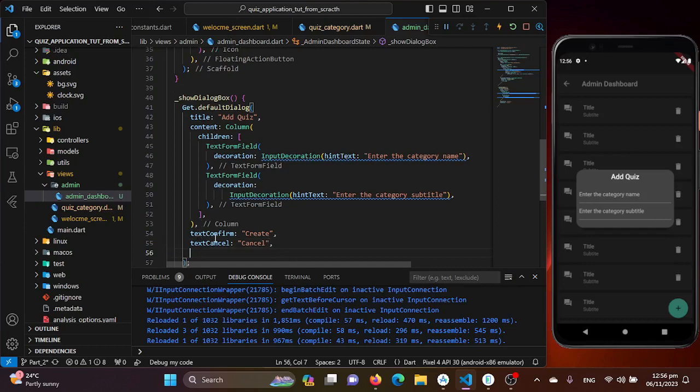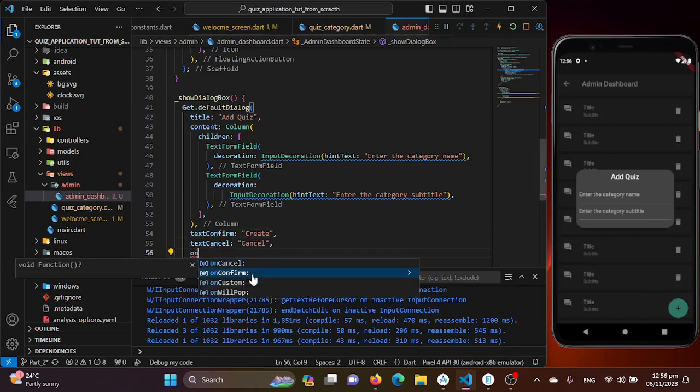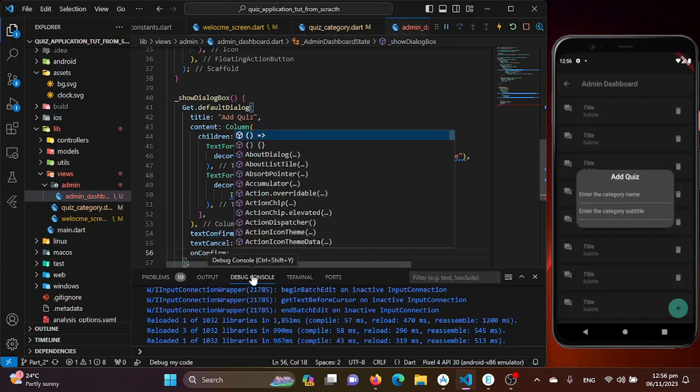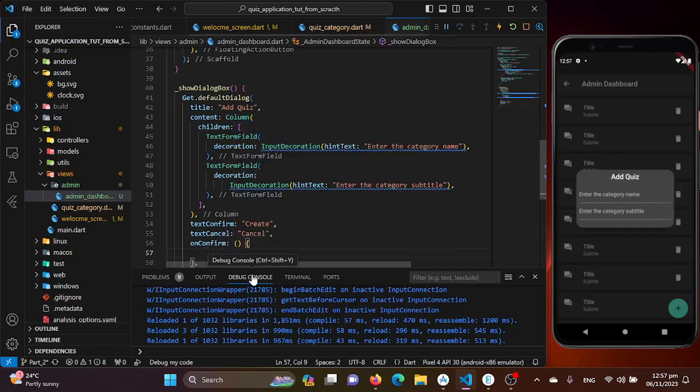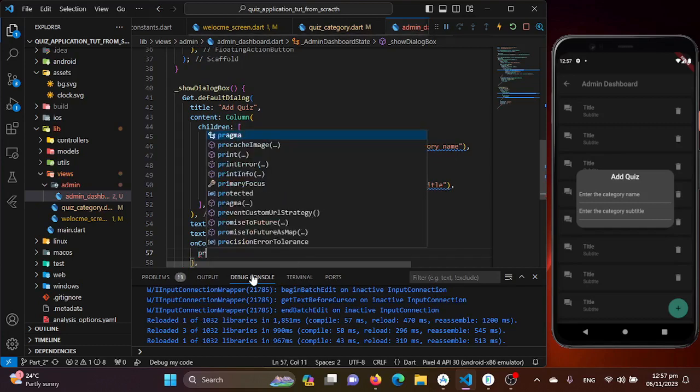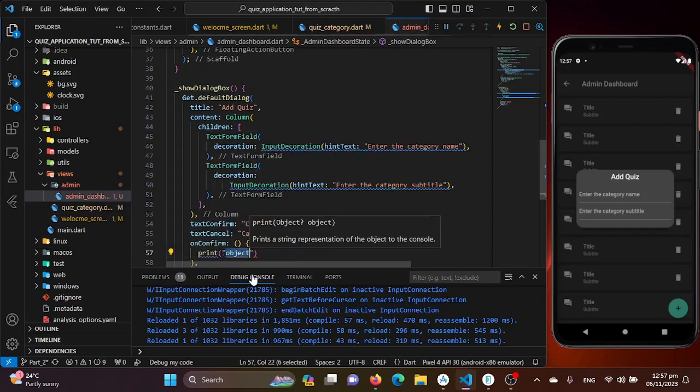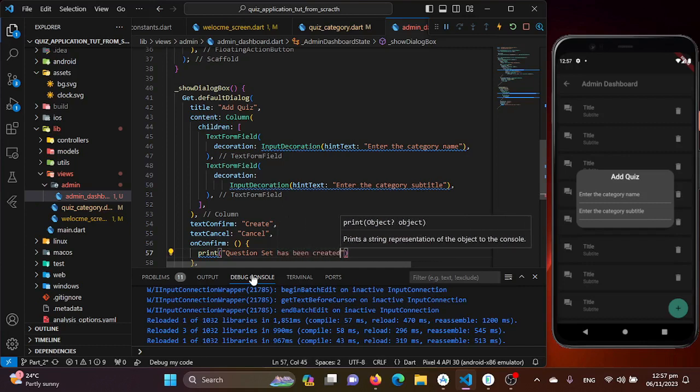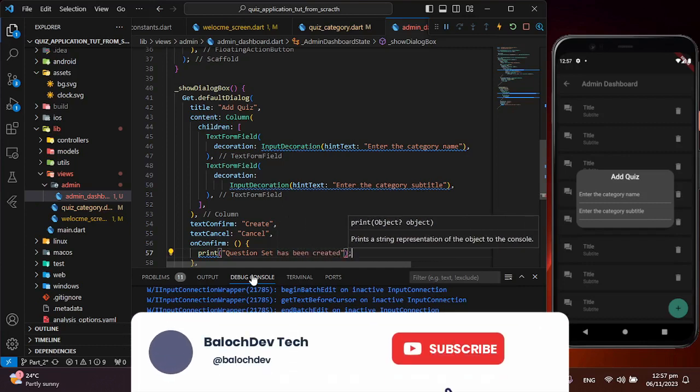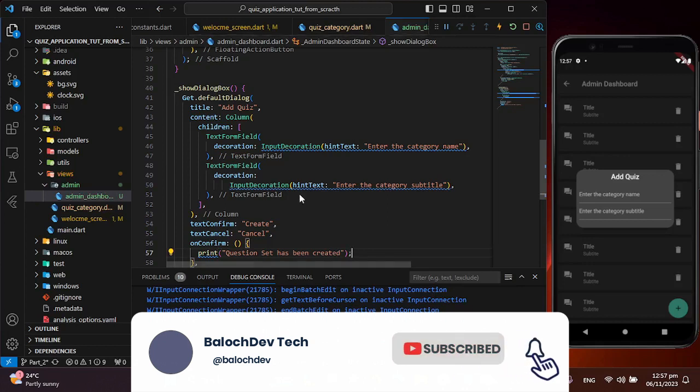So when on confirm text has been clicked, it will be just performing some kind of action. So for now I'll be just using that on confirm, and here you go. Now I'll be just printing this on my debug console: "Question set has been created." So now I'll be just saving this again,